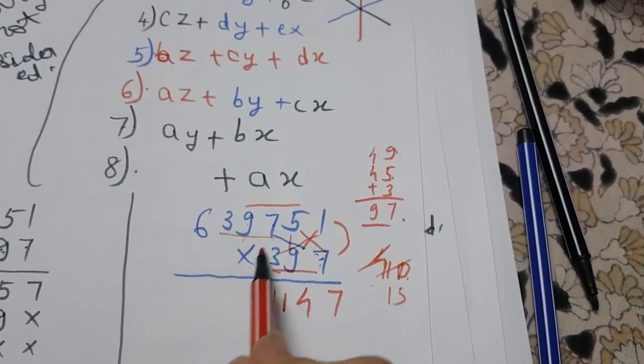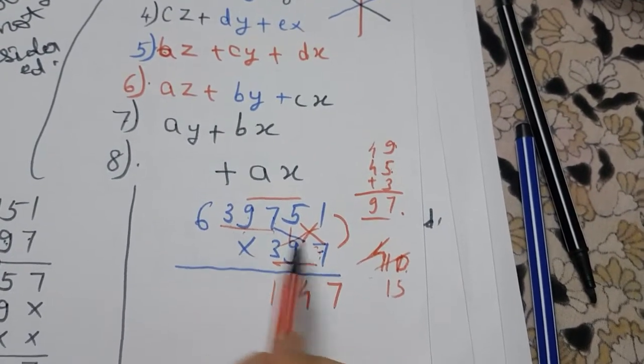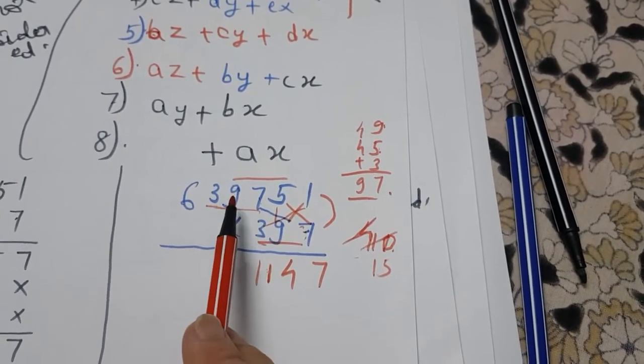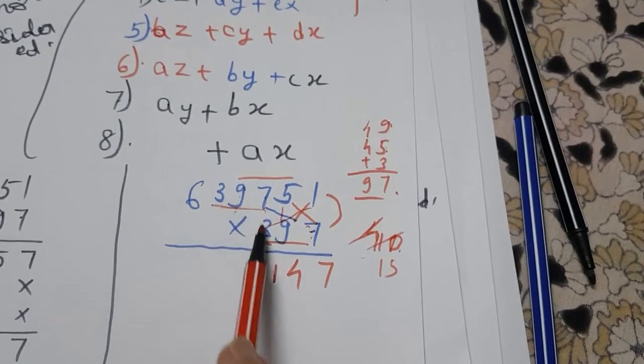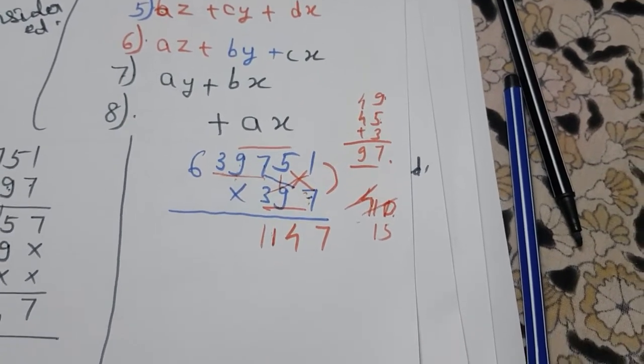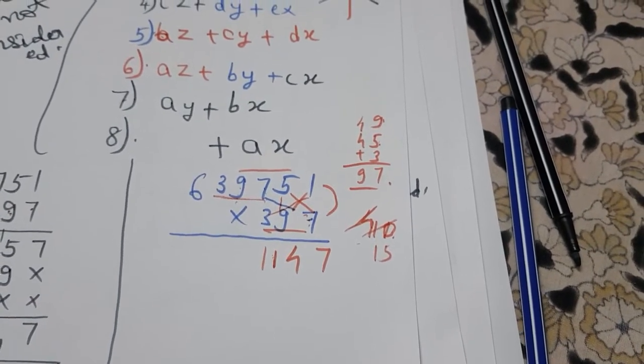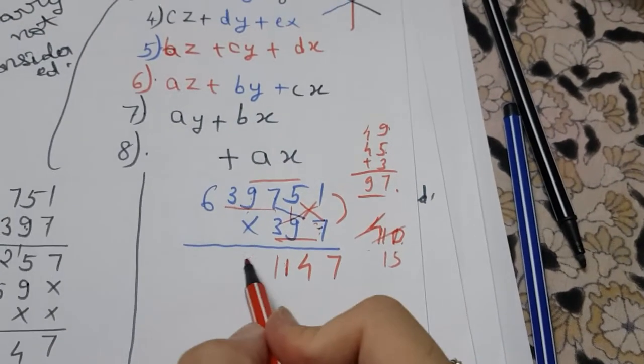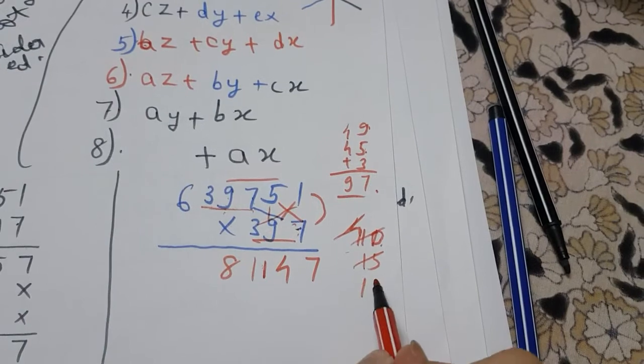Now just multiply this number with this, so 3 7s are 21 plus 81. 21 plus 81, 91, 101, 102, 102 plus 21. 102 plus 21 means 123, plus 15, 138. You get the answer 138, so 8 and 13 carry.